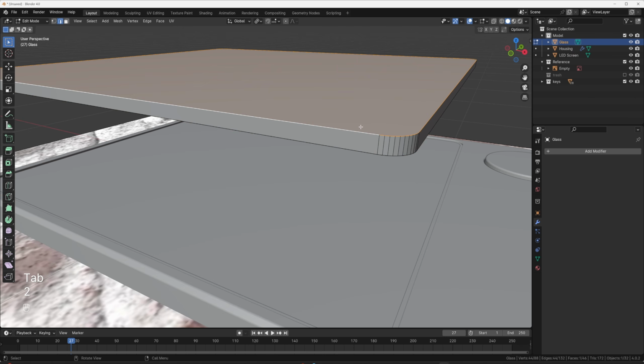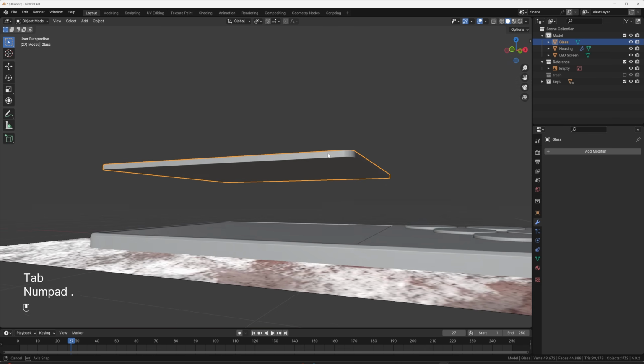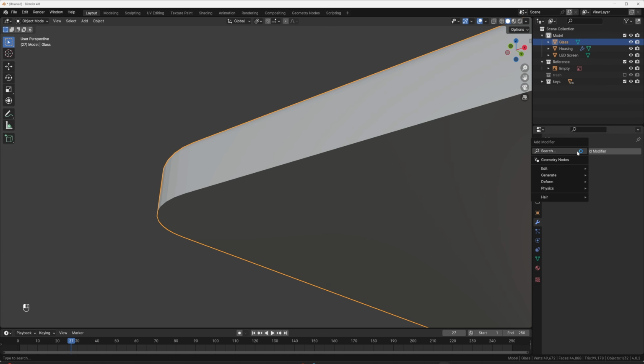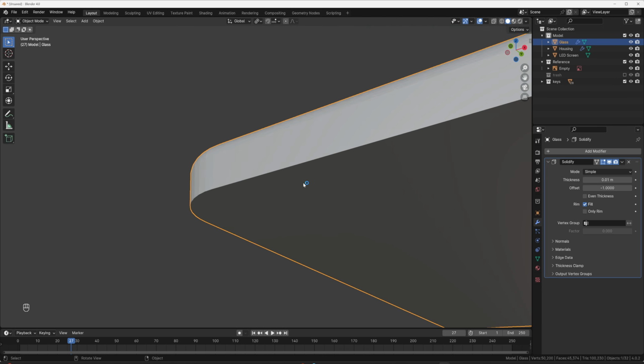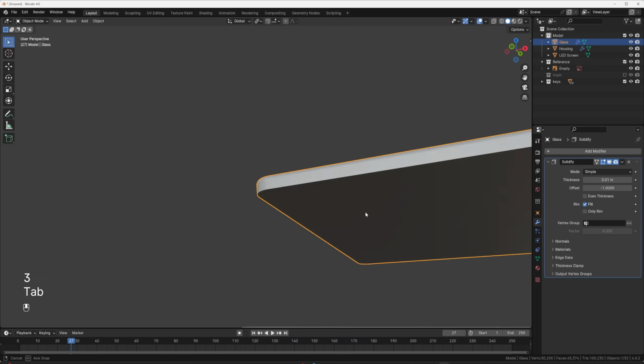And then what I want to do is bevel this top edge, Control B, something like that. And then also, I'm going to press period on the numpad key to look at it. I'm going to zoom in. I want to add a solidify modifier to this. And it looks like this face is solid on the bottom. What we got going on here?